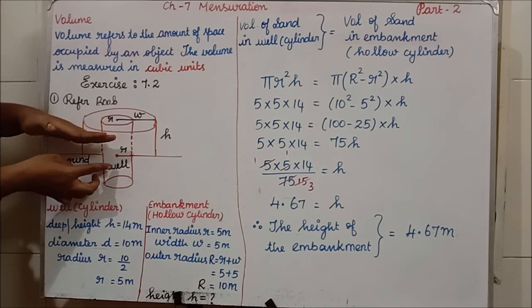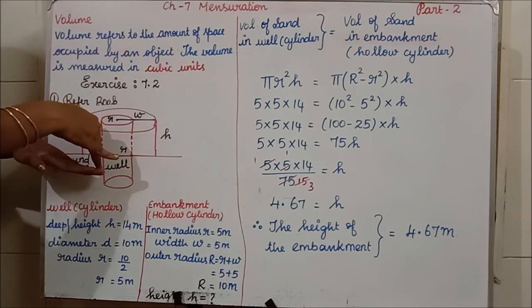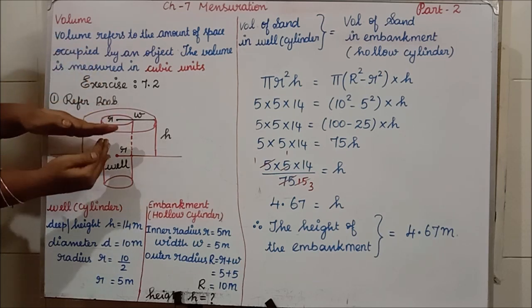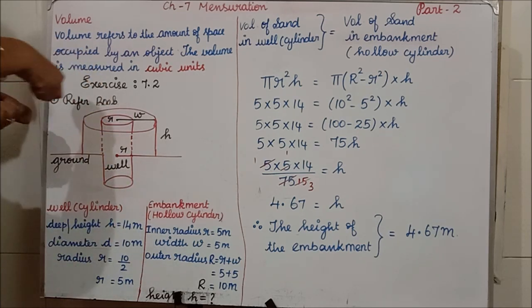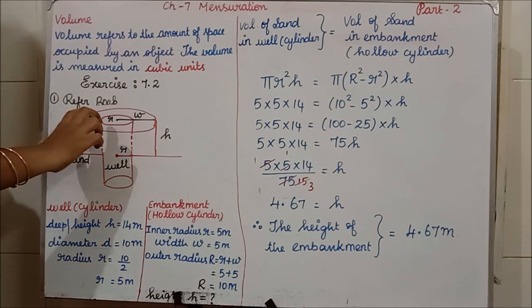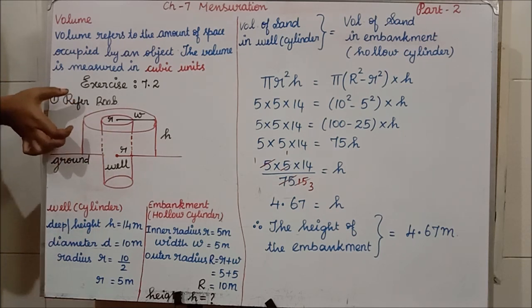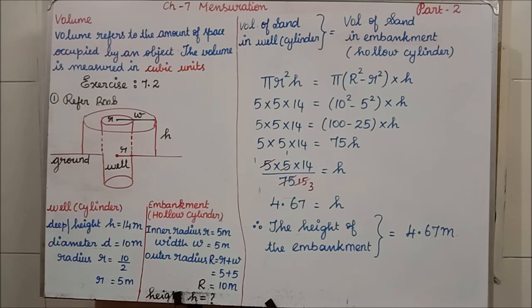Each time he cannot climb up to put the sand and go down again. So standing inside itself, he is taking the mud and spreading it all around, in the shape of a cylinder, everywhere. At one point, if you see, it has become like an embankment. That is what they are saying in the question. So how much height has he made the embankment? That is the question. Clear, all of you?